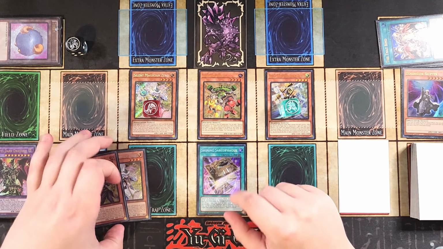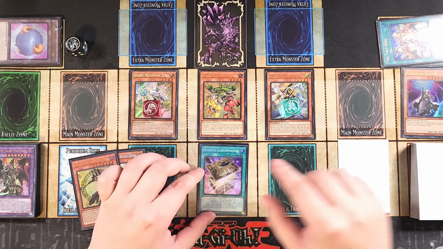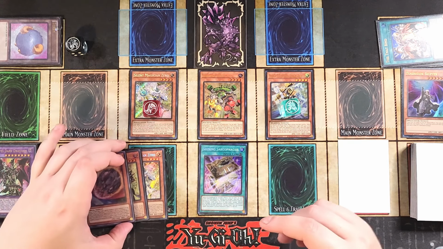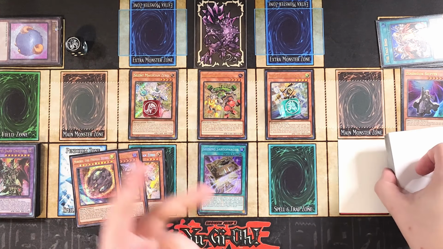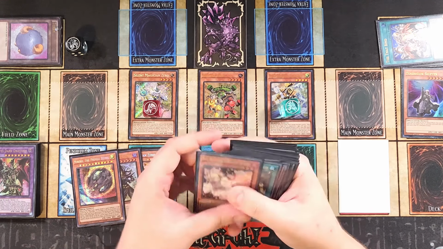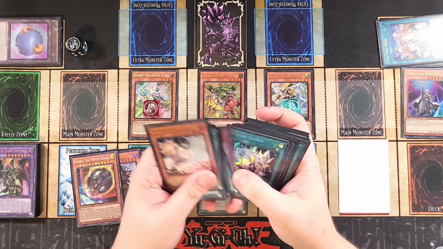And at this point, we're going to go ahead and say they don't really do anything, and they're going to pass over back to us. So we're going to go ahead and draw into a copy of Nibiru. That would have been really nice against the opponent, but it's totally fine because we already established a really good field. So at this point, we're going to go ahead and use Shining Sarcophagus to be able to add from